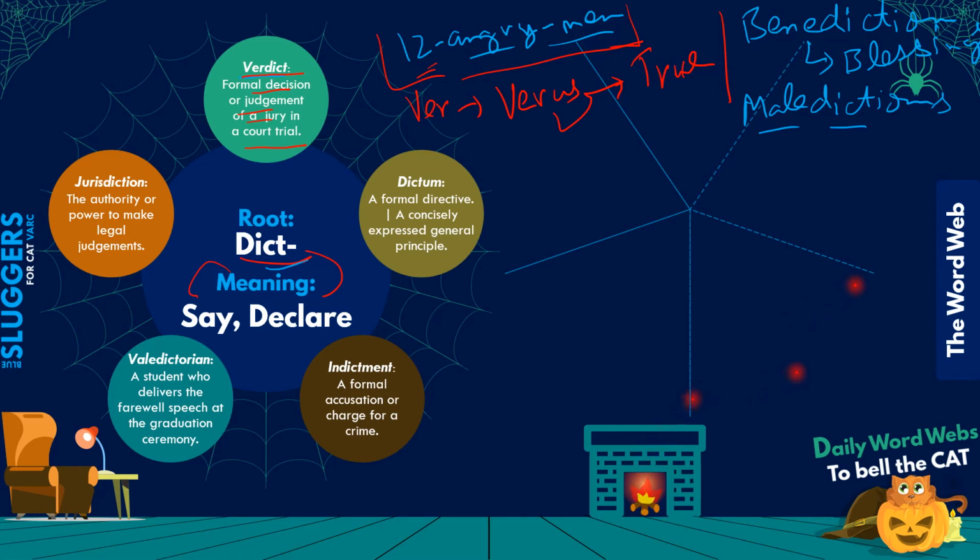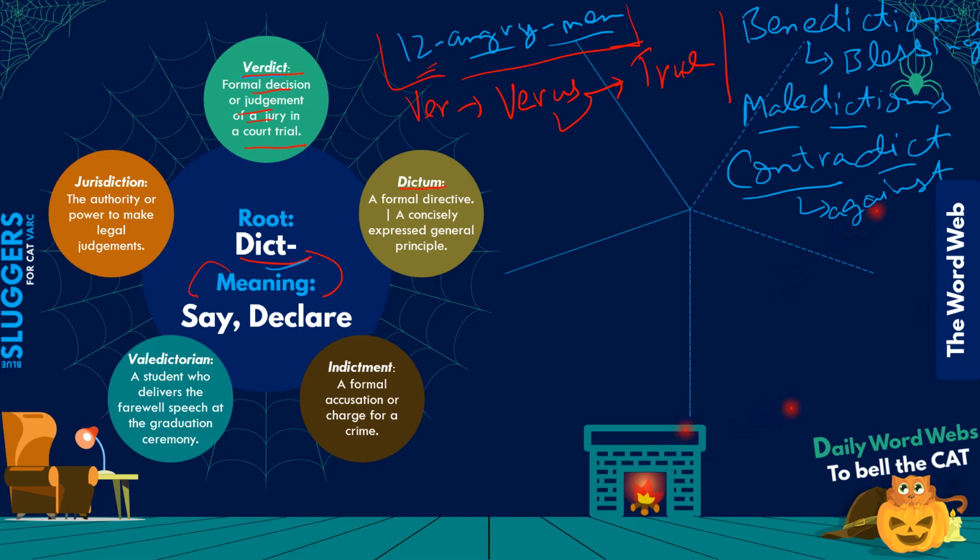Another term that we have, I think we have probably gone through this as well, is contradict. Contra comes from the Latin for against, and dict is obviously to say something. To say something against someone is to contradict their point of view. When you contradict someone's point of view, you're saying something that doesn't match with their point of view. Let's move ahead. Next we have dictum.